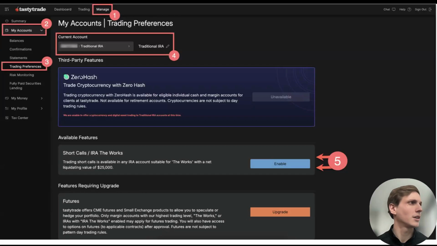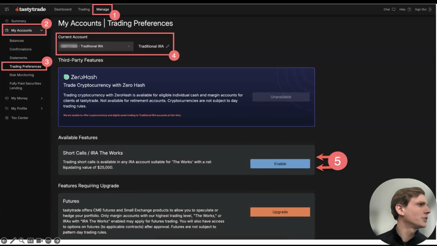Yep. Good call out. Thank you. So when it comes to trading these riskier options, that's where you're going to have some capital requirements in your account. And that goes hand in hand with futures too. There's some slight differences in the capital requirements. So if you wanted to get the higher trading levels, sell naked calls, trade futures, you'd go to this page here and go through these steps. And we have some guides on our help center. I'm sure Luke can send those in terms of how to upgrade